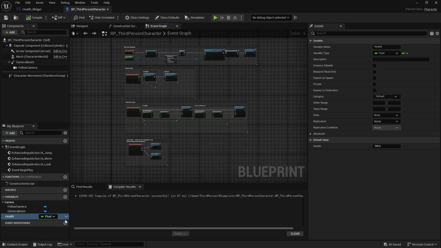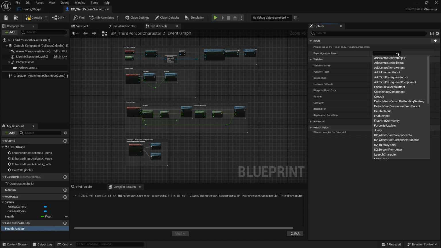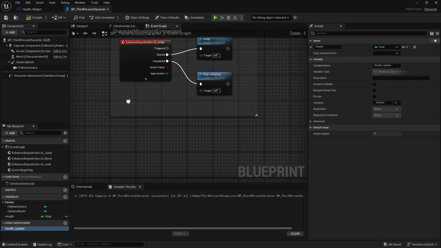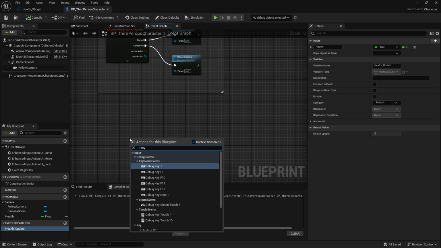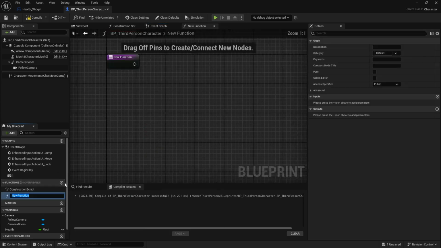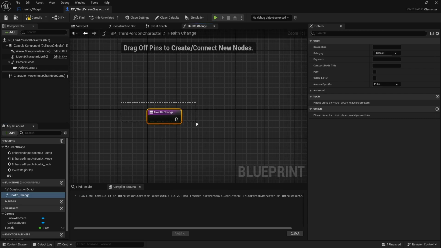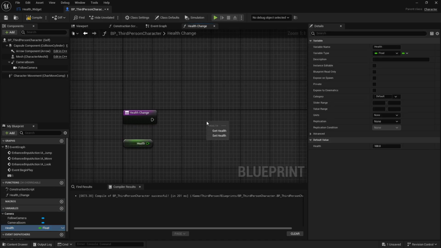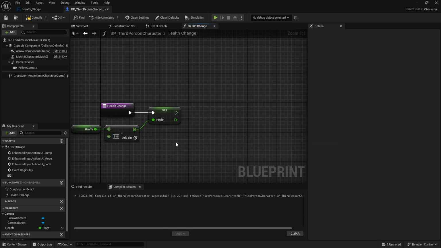To optimize it more, what we will do is create an event dispatcher, and we can call it health update, something like that. Then what we can do is press plus in here, we can add a float and call it health. And for example, let's say one event that changes our health is when you press 1 on the keyboard. And I'm also going to create a function that is health change. I'm not going to do anything crazy in here. You can imagine a million ways that you can set your health. What I'm just going to do is set my health, and I'm going to do -5,